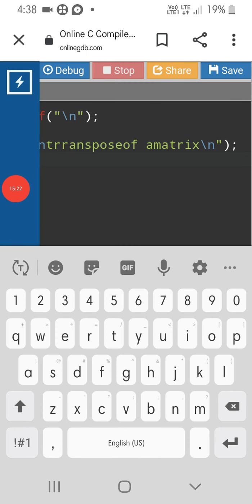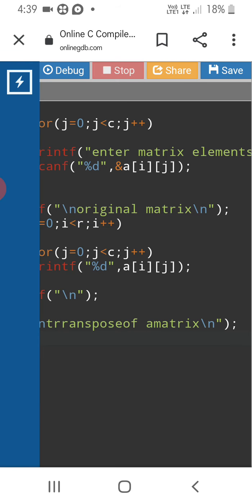Here we can use two ways to print: by interchanging the two loops, or keeping these two loops we can access a of j i instead of i j. Now I am using a of j i instead of i j for easy convenience.